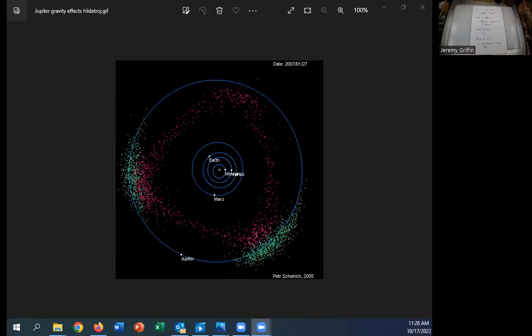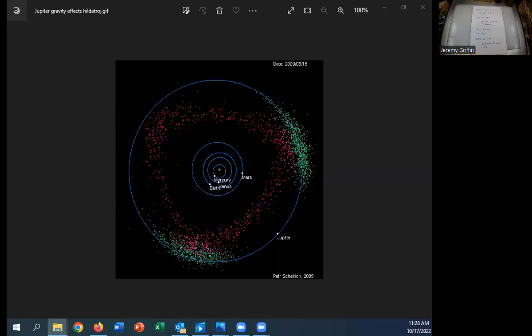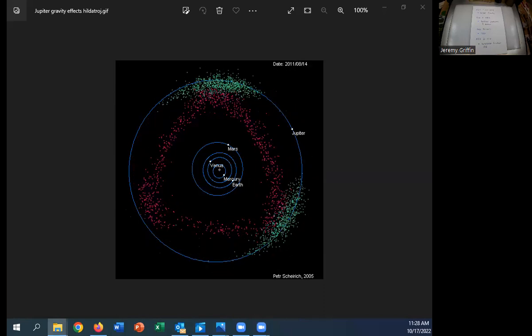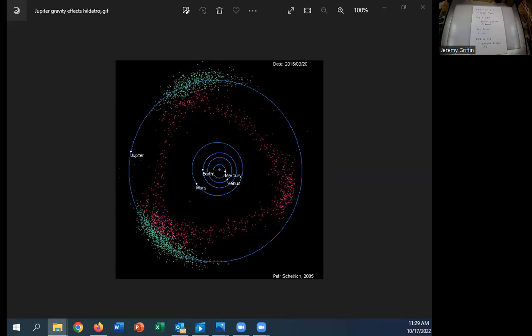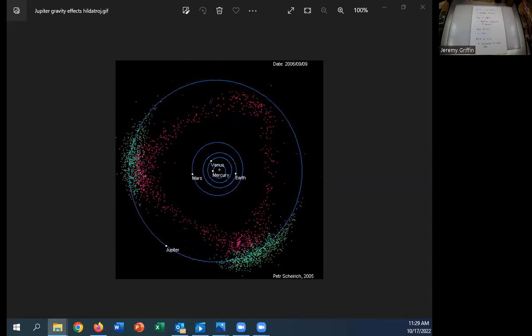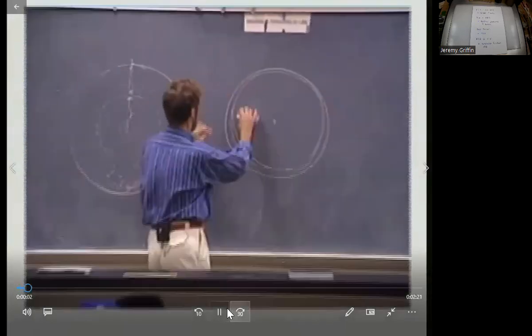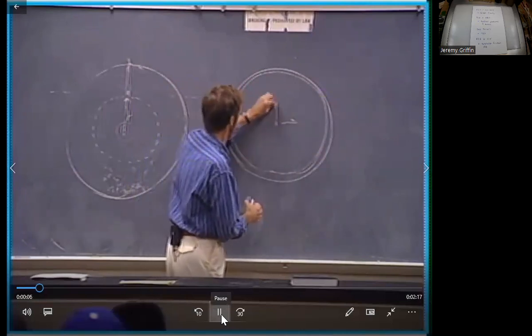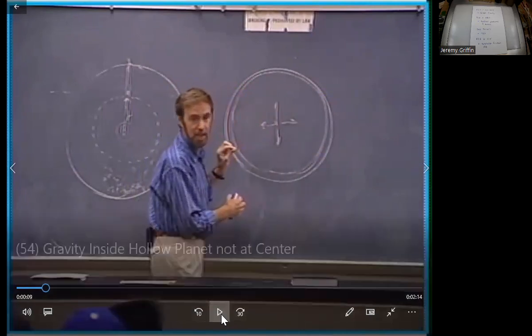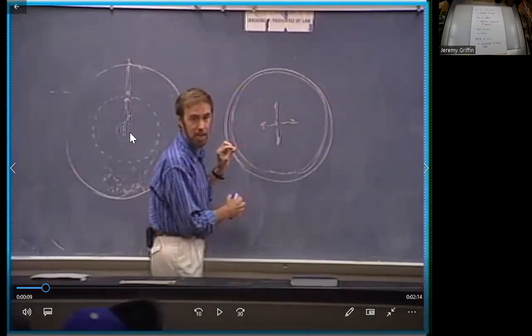Let's say we're zooming through space and we come across this really weird planet that is completely hollow. And where's Paul Hewitt? Here it is. All right, Paul Hewitt: any object in the center would have no gravity because it'd be pulled in all directions equally. Do we see that? Actually, what you said right there is an important point that it takes some students a while to get onto.